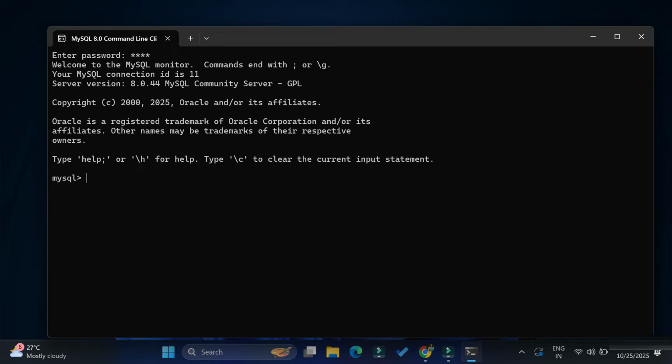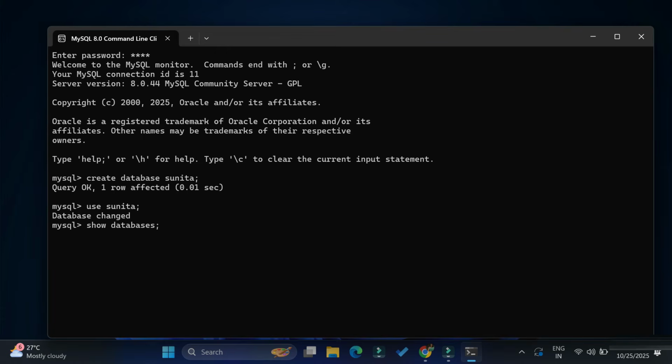First of all, I'm going to create a database. So create database Sunita semicolon and hit enter. Now you will get the message that my database is created, but I need to write one more command, use Sunita. So my default database is changed now to Sunita. Now in this, I'm going to create my table. You can show the databases also by using the show databases command.